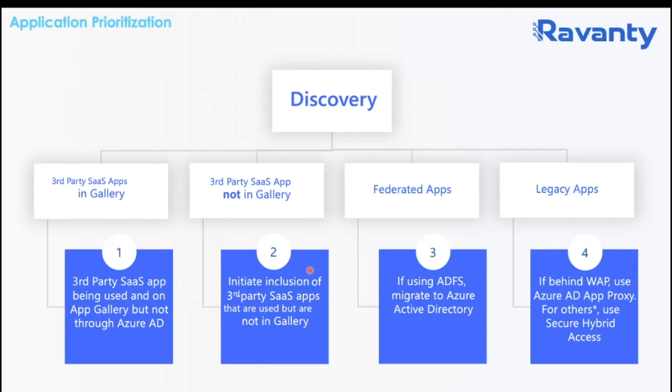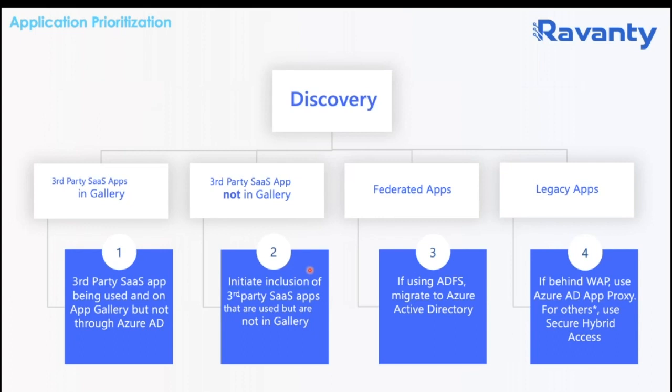Now, the second set of apps can be third-party SaaS apps that don't have an integration potentially, so they're not in the app gallery today. Microsoft is updating the app gallery pretty much on a weekly basis as new apps are coming out. As new integrations or new requests come in, they're trying to add more and more into the app gallery to make that transition easier. So we work on adding those apps as well. There are links and documentation on a lot of the different apps. Vendors have different guidance on things like SAML integration that you can get to ease that transition for these apps.